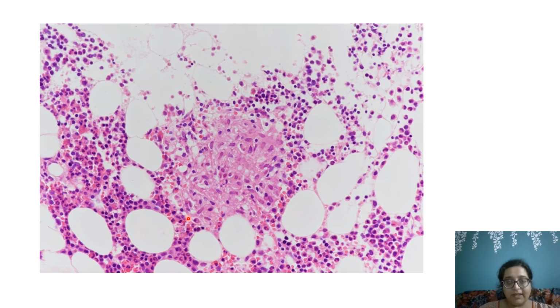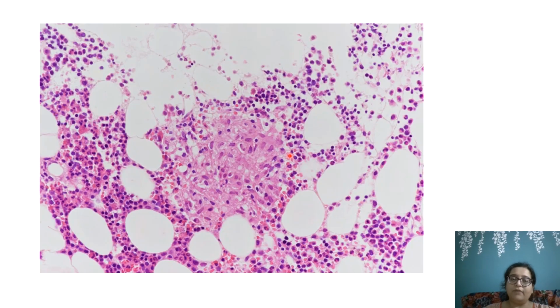this is a very characteristic, nice, naked granuloma in the bone marrow with no lympho. These are erythroid cells with some lymphocytes, but no necrosis, nothing at all, but a good collection of epithelioid cells where you can say with confidence, yes, this is a granuloma. The Western world will call it sarcoidosis first. The Asian and South Asian people will call it tuberculosis first. So, of course, then you have your ancillary workup.